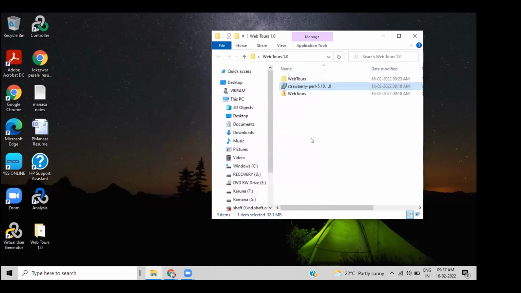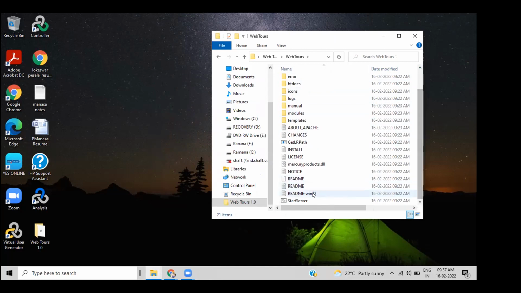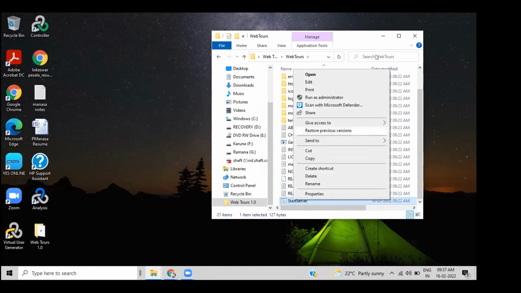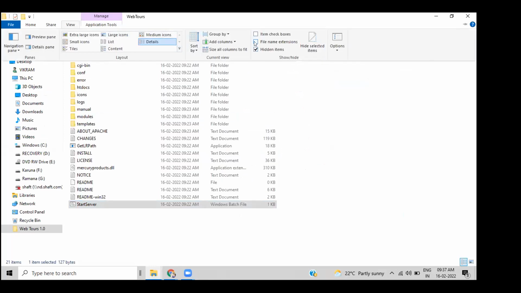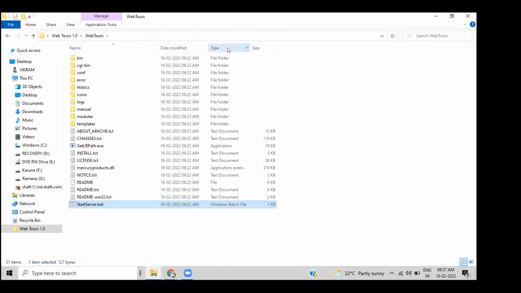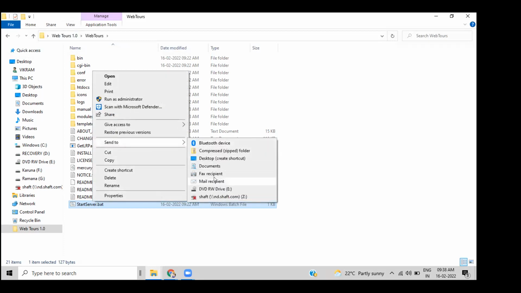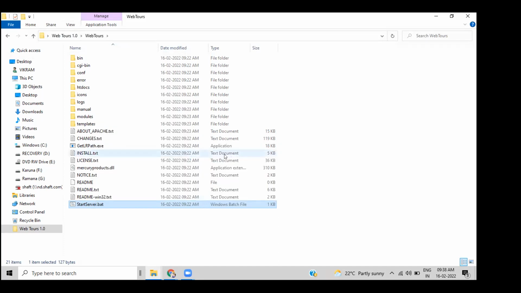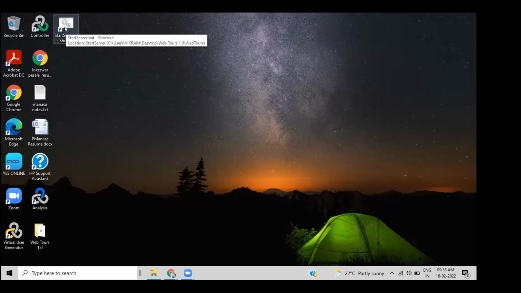Okay. Now, did you place a shortcut on the desktop? Let me go to this folder. First thing is, let me enable the extensions. I asked you to select this one, file name extensions, not hidden files, right? So now let me keep a shortcut on the desktop. Now you should see a shortcut here. This is the shortcut. Okay?